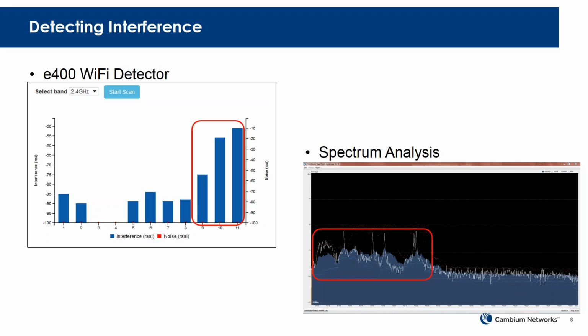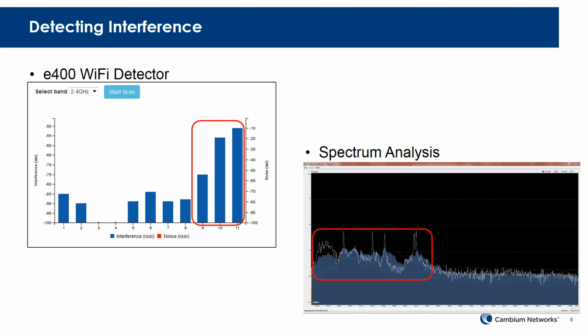And one of the features it has is this Wi-Fi detector. The access point will actually turn itself into a client, and it will go out and scan all the individual channels and try to determine all the individual signals that are out there that it might be able to connect to. And then it comes back and reports what the interference is for all these different channels to help you tune away from any interferers. In this case, I see that there are some interferers in the upper part of the band, and so that tells me that I need to tune my own access point towards the lower part of the band. And that's a great first step, but it doesn't exactly tell me everything that's going on, because it's only